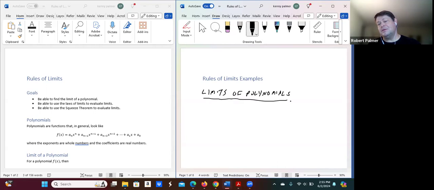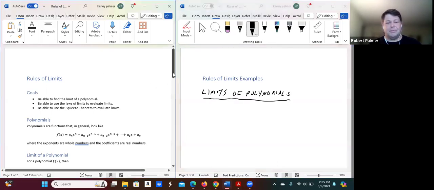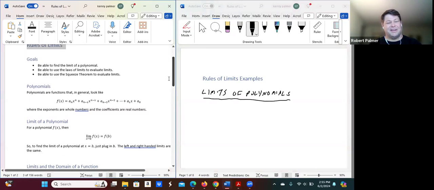Remember what a polynomial is. Go over here at the left. A polynomial is basically more or less the nicest kind of function you can have. Of course, you can actually have polynomials of more than one variable. Here, we're just looking at one variable at a time, just x. And so you have a function of x,